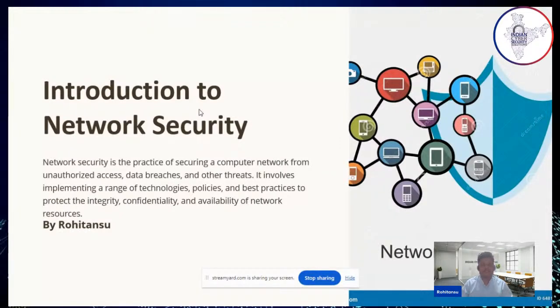What do you mean by security? When we implement our CIA triad, confidentiality, integrity, availability, in infrastructure to protect our data from any kind of breaches is what we call network security. Apart from the CIA triad, we have non-repudiation and authentication also, the triple A, as well as non-repudiation.